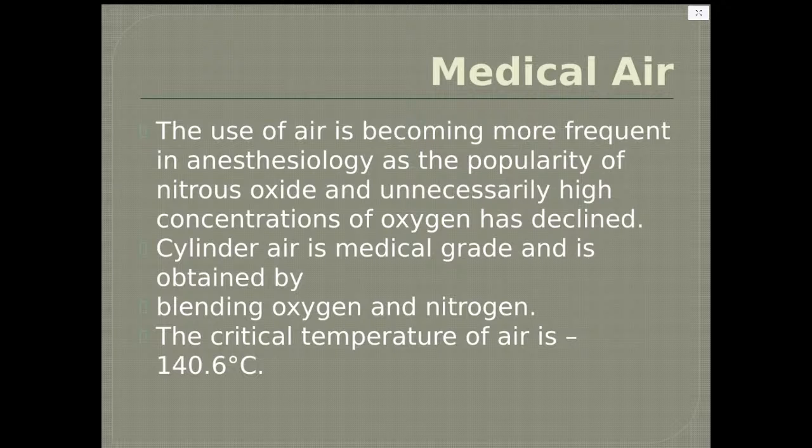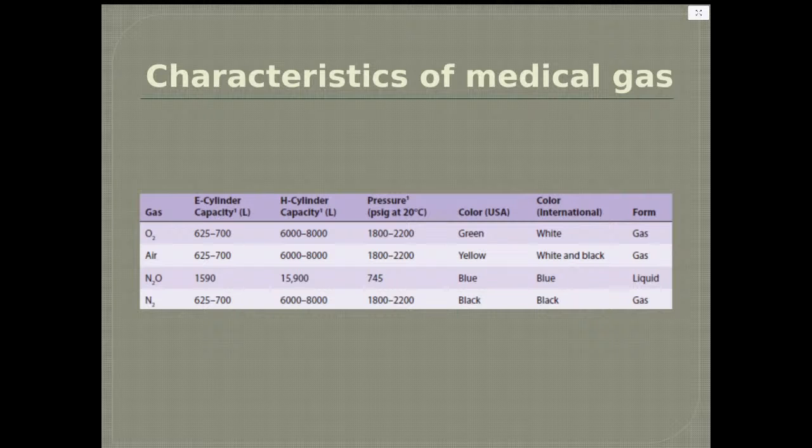About the general anesthesia patient, the use of air is becoming more frequent in anesthesiology as the popularity of nitrous oxide and unnecessarily high concentrations of oxygen has declined. Cylinder air is medical grade and is obtained by blending oxygen and nitrogen. The critical temperature of the air is minus 140 degrees Celsius, and here is the difference between the characteristics of